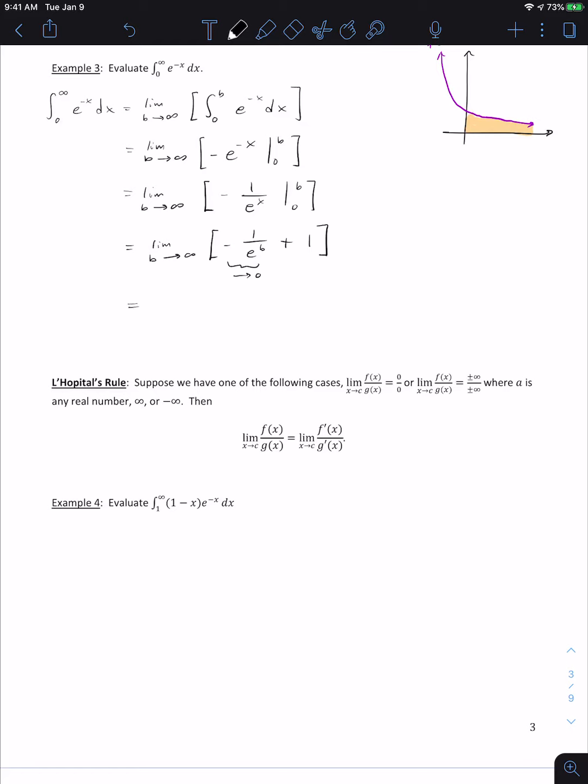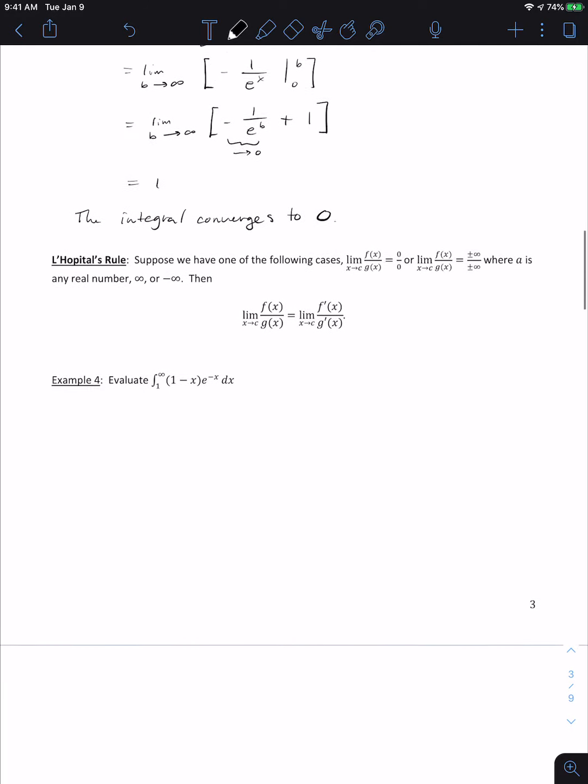So this limit is just equal to 1. So once again, the integral converges. Okay, so as you can tell, these improper integrals essentially just boil down to looking at limits,